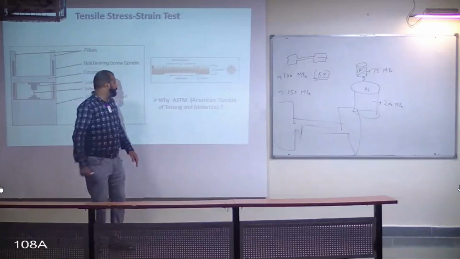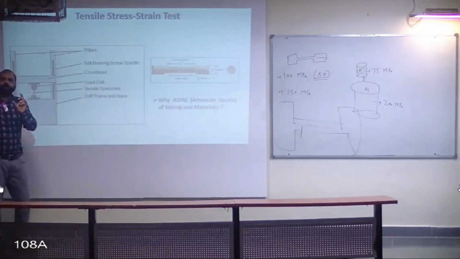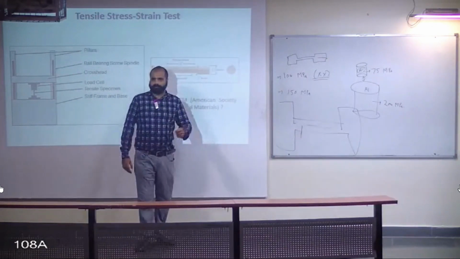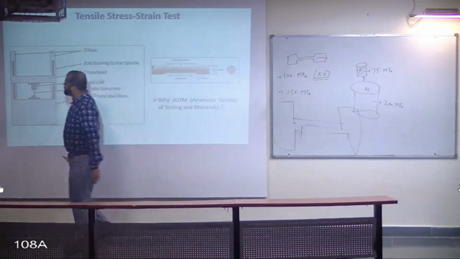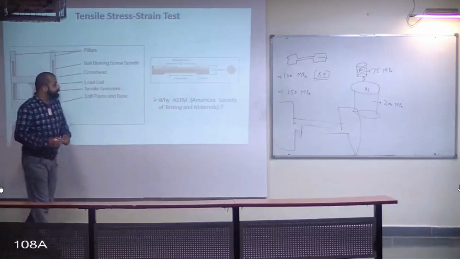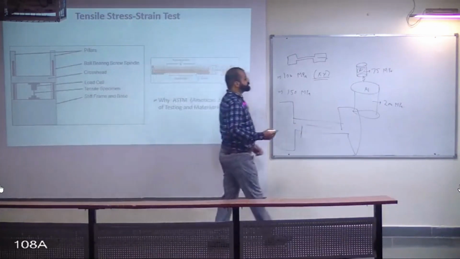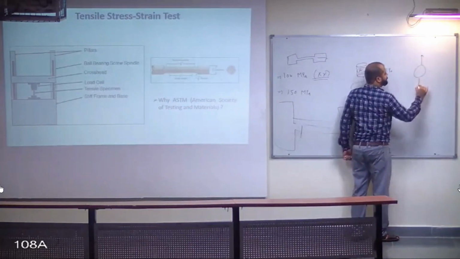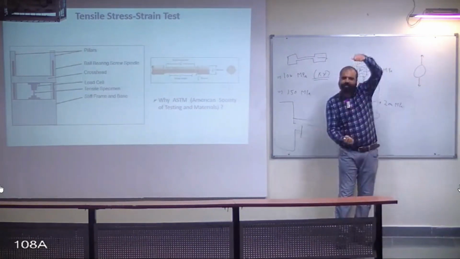Okay? Now, first of all, we have to make the sample, and the tensile sample looks somewhat like this. Then that specimen is loaded somewhere over here. So this is your tensile sample. And then in the tensile sample, what will we do? You know what the different types of forces are? If I say this is your sample, if you pull it like this, if you are pulling it,